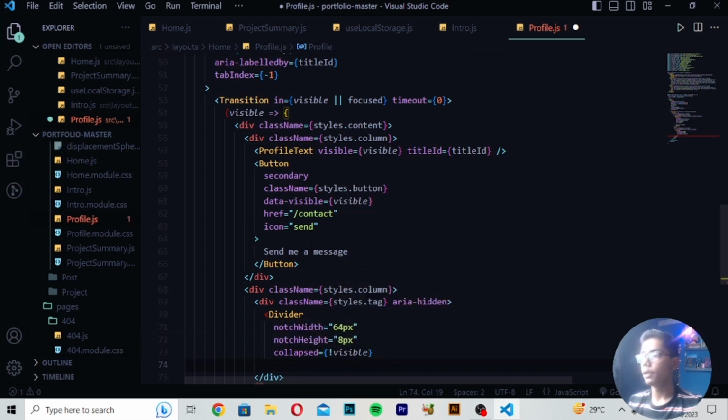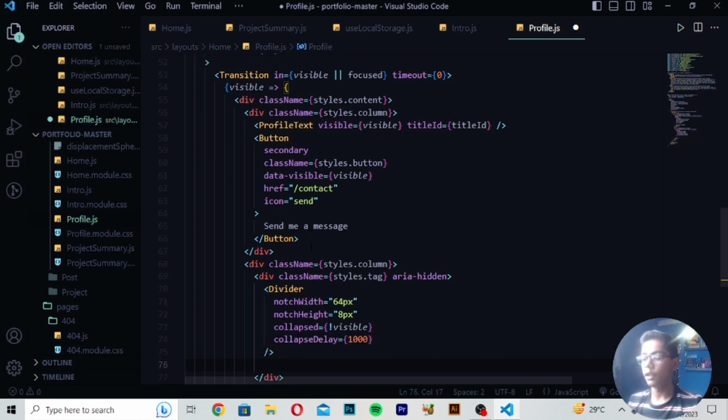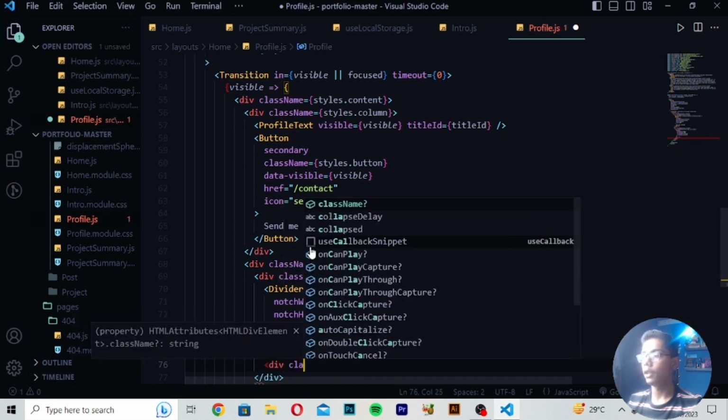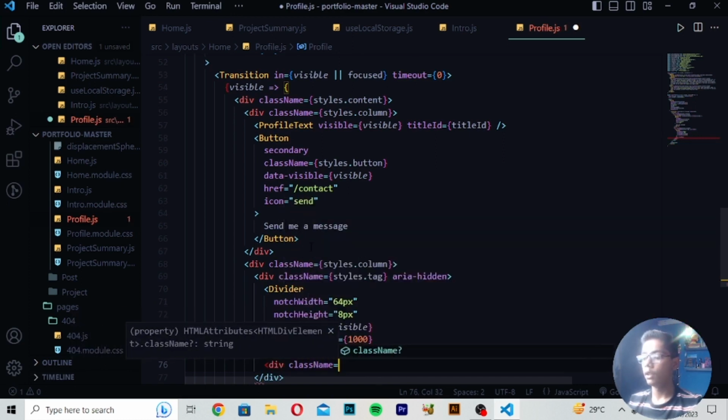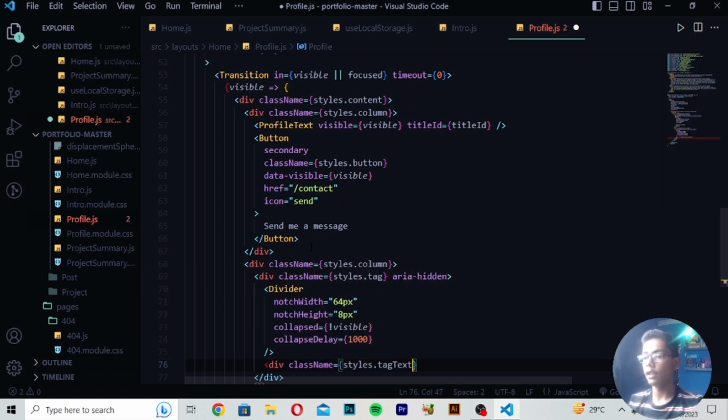After writing this visible value, you have to write here collapse, and then you have to write here delay is equals to 1000, so here I will be now writing this 1000 here, then you have to just now move down after this, and then you have to move down again and write here div, so here I will be now writing div class name is equals to, and write here styles dot tag text, and here you have to now write data visible,